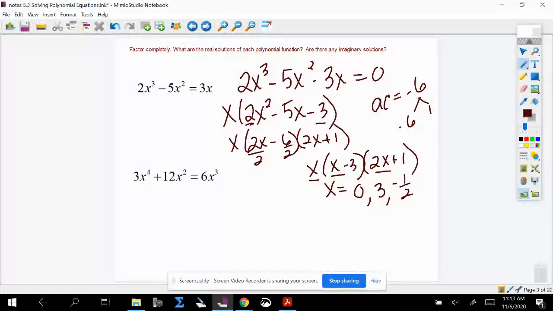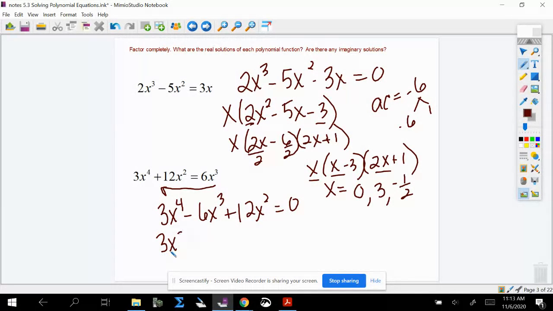Next one, same thing. We're going to start by subtracting this to the other side. Make sure you put it in the right order. So it's going to actually go in between these terms. So we have a minus 6x to the third plus 12x squared. GCF, we actually have a lot here. We can take out a 3x squared, which is going to make this much simpler. We're going to be left with an x squared minus